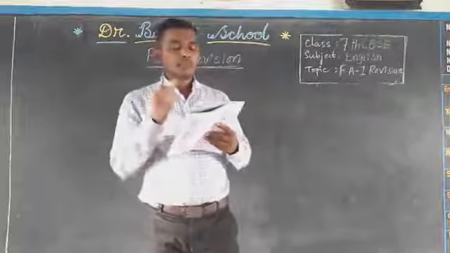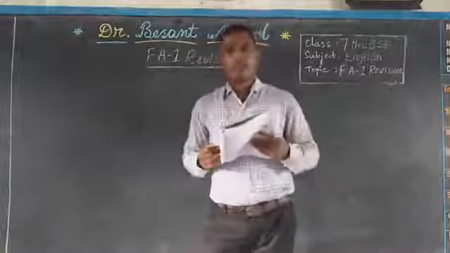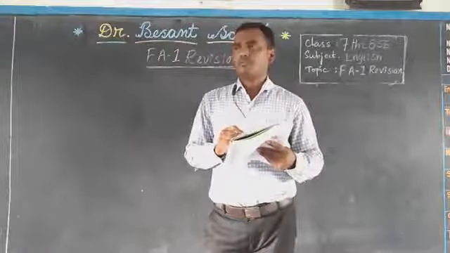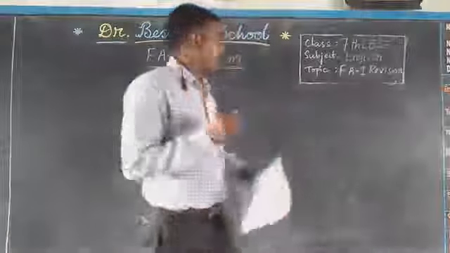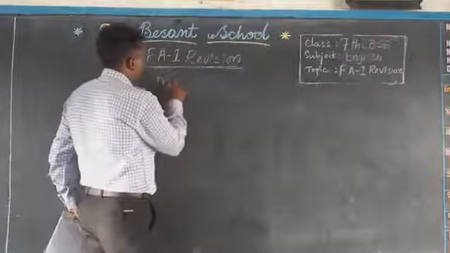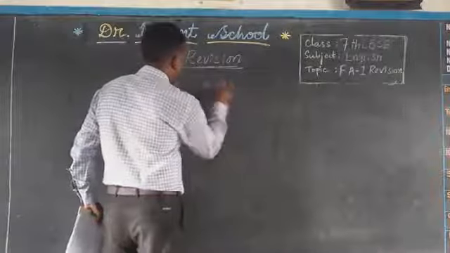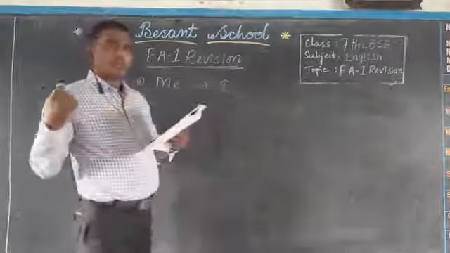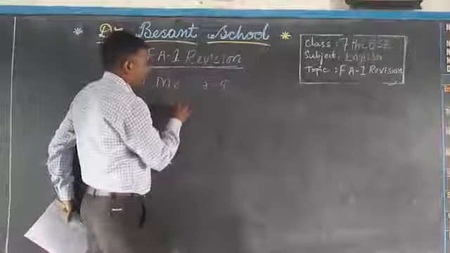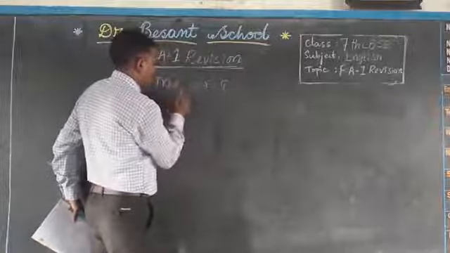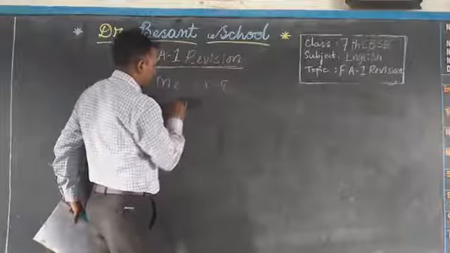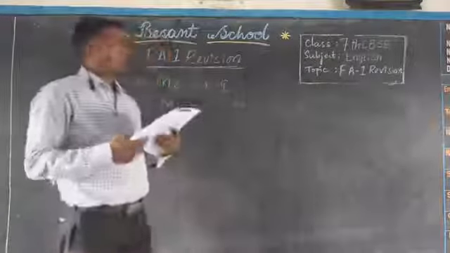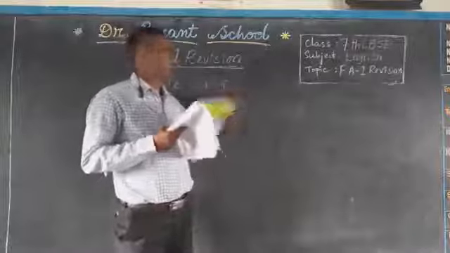Second sentence. This book and that laptop are my. My is wrong. So what is the correct one here? Mine. See children, in the first one, me is wrong. The correct one is I. Right. The second one, laptop or my. My is wrong. Mine. A possessive pronoun should be used. So what is the correct one? Mine. Right. So what kind of pronoun? Possessive pronoun.